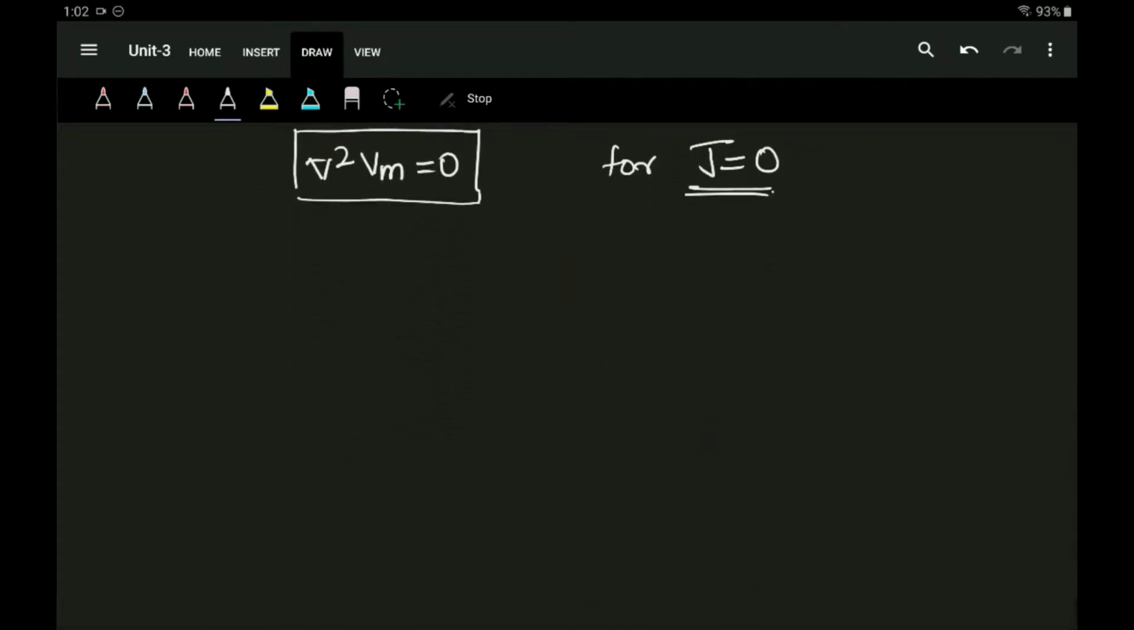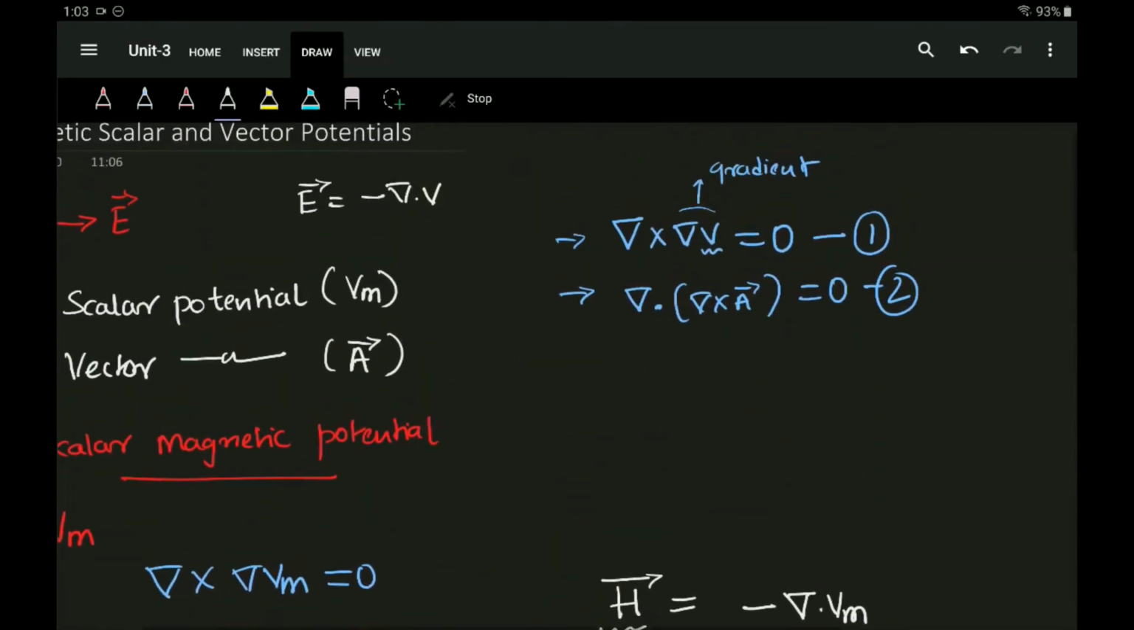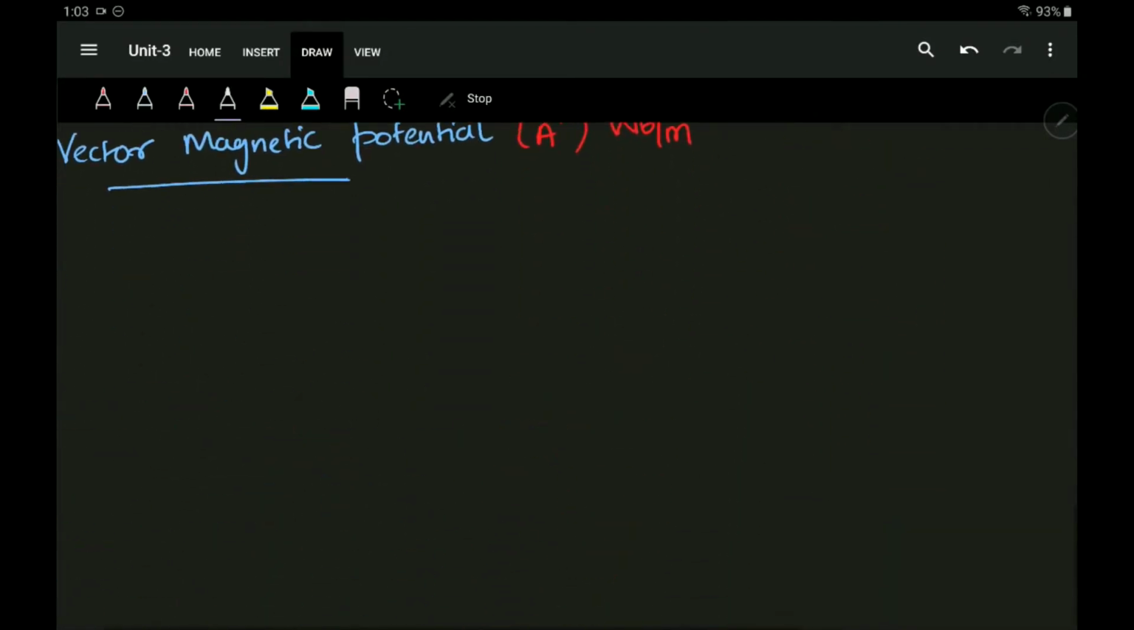Coming to the next topic, that is vector magnetic potential. To define vector magnetic potential, we have already said it is represented by A, and A has a unit of Weber per meter. So how to satisfy this particular equation, or how to get the concept of vector magnetic potential? To get this, again we'll be using the second identity which we had discussed here. The divergence of a curl of a vector A is equal to 0. So using that, what I do is,